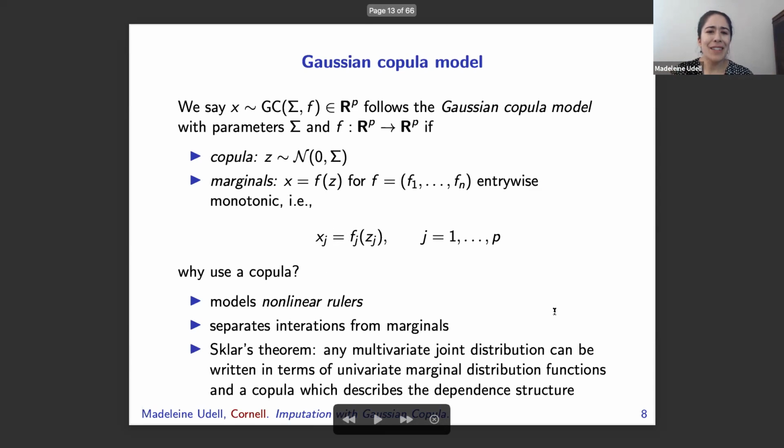A third thing that you might like is that if you allow the copula to be anything rather than a Gaussian distribution, you can fit any distribution using this model. Now the Gaussian distribution is very special. On the other hand, low rank models, probabilistic PCA in particular, assume that the data itself is Gaussian. So I would say that modeling the data as Gaussian measured by a nonlinear ruler is at least more general.